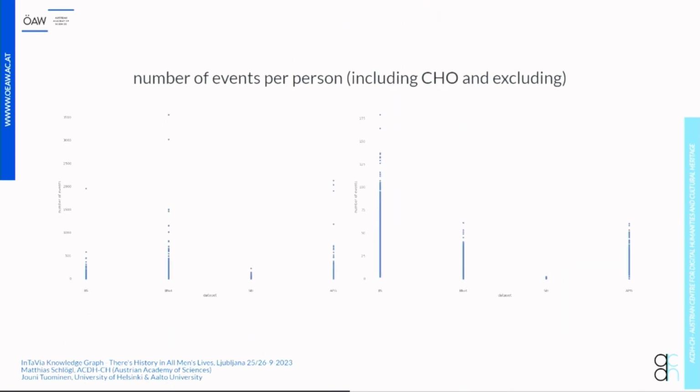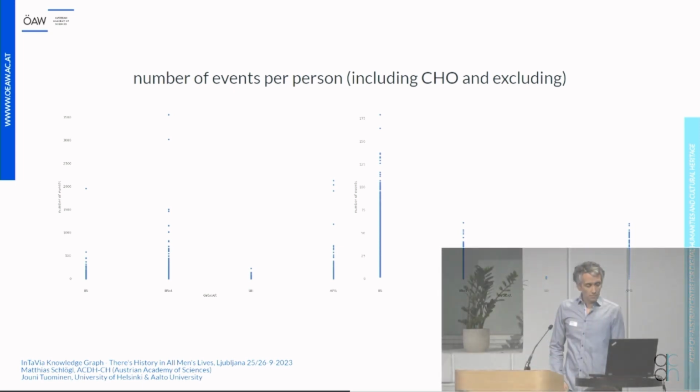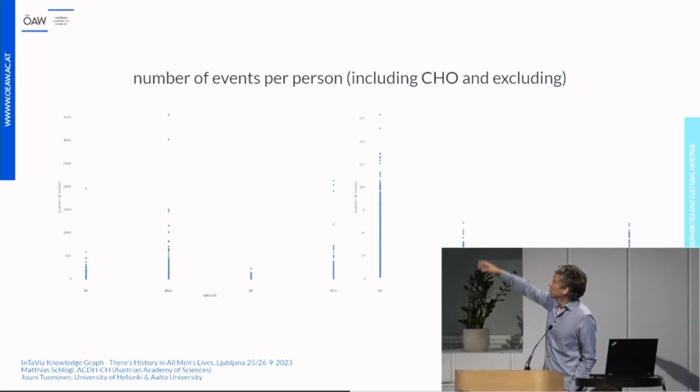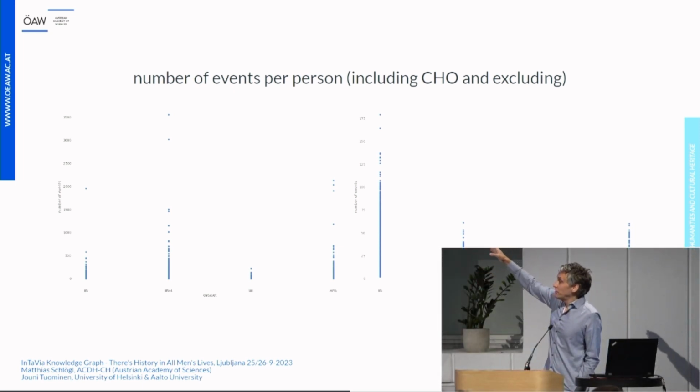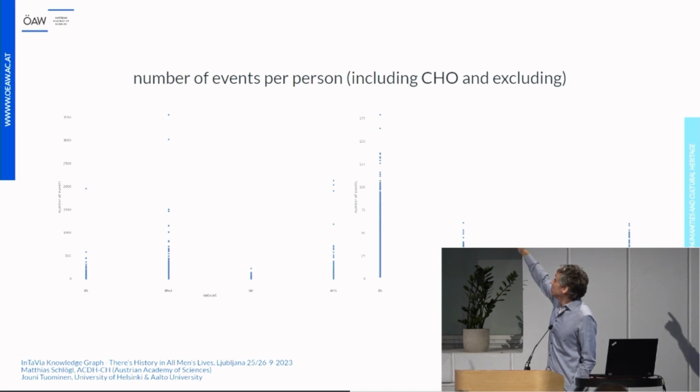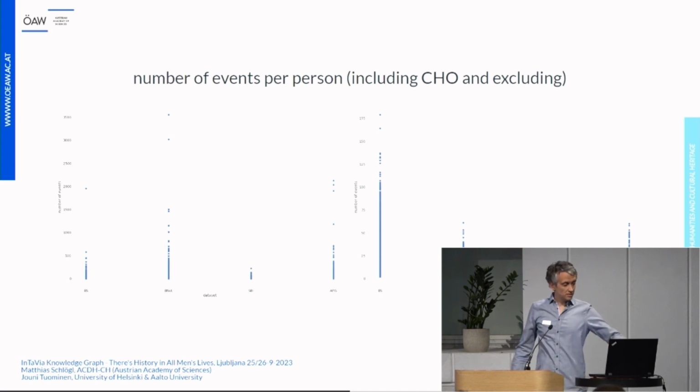biographies. Then, if you look at the number of events per person, we have on the left side the number of events per person, including CHO objects. So you see that there are some of the people in, for example, BiographyNet, Austrian data, but also Biography Sample, that have over 2,000 events attached to them. That's mainly people who have written the dictionary entries, for example, and all the dictionary entries are to be found